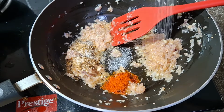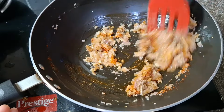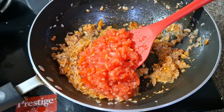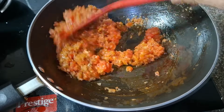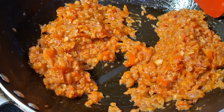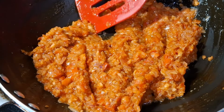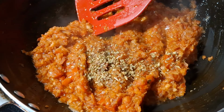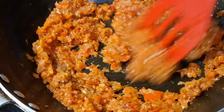Cook briefly and then add in a cup of tomato chopped finely. Cook this till the tomatoes are well done. So this has been cooking for 3 minutes and it's time to add in a teaspoon of dried oregano, some freshly cracked pepper. I'll give it a mix